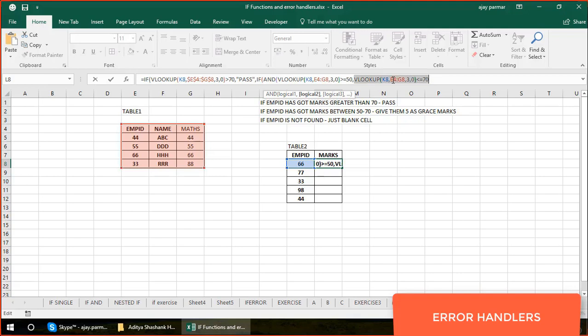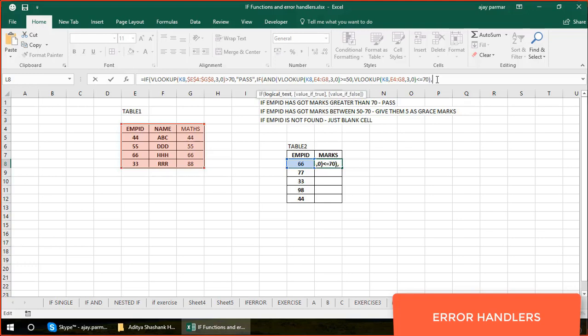Maybe a person has, let's say, scored a marks, let's say 45. So 45 doesn't come in this category. It is not greater than equal to 50. So automatically your if and will fail, right? So we have put logic 1 here. If I just click here, you see this is the logic 1. This is the entire logic 1. Are you greater than equal to 50? This is the logic 2. Are you less than equal to 70? If both the conditions satisfy, if both the results come as true, comma true, you know that we need to